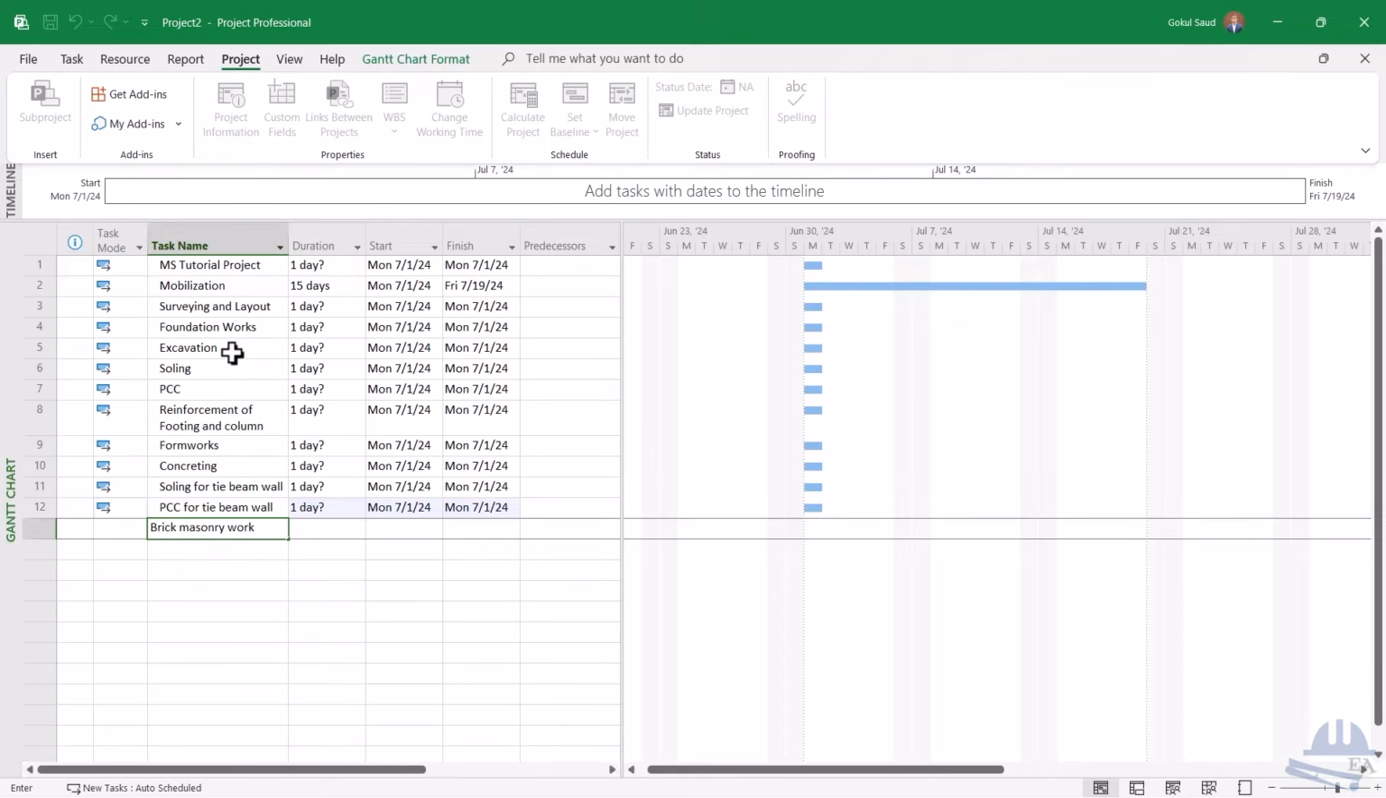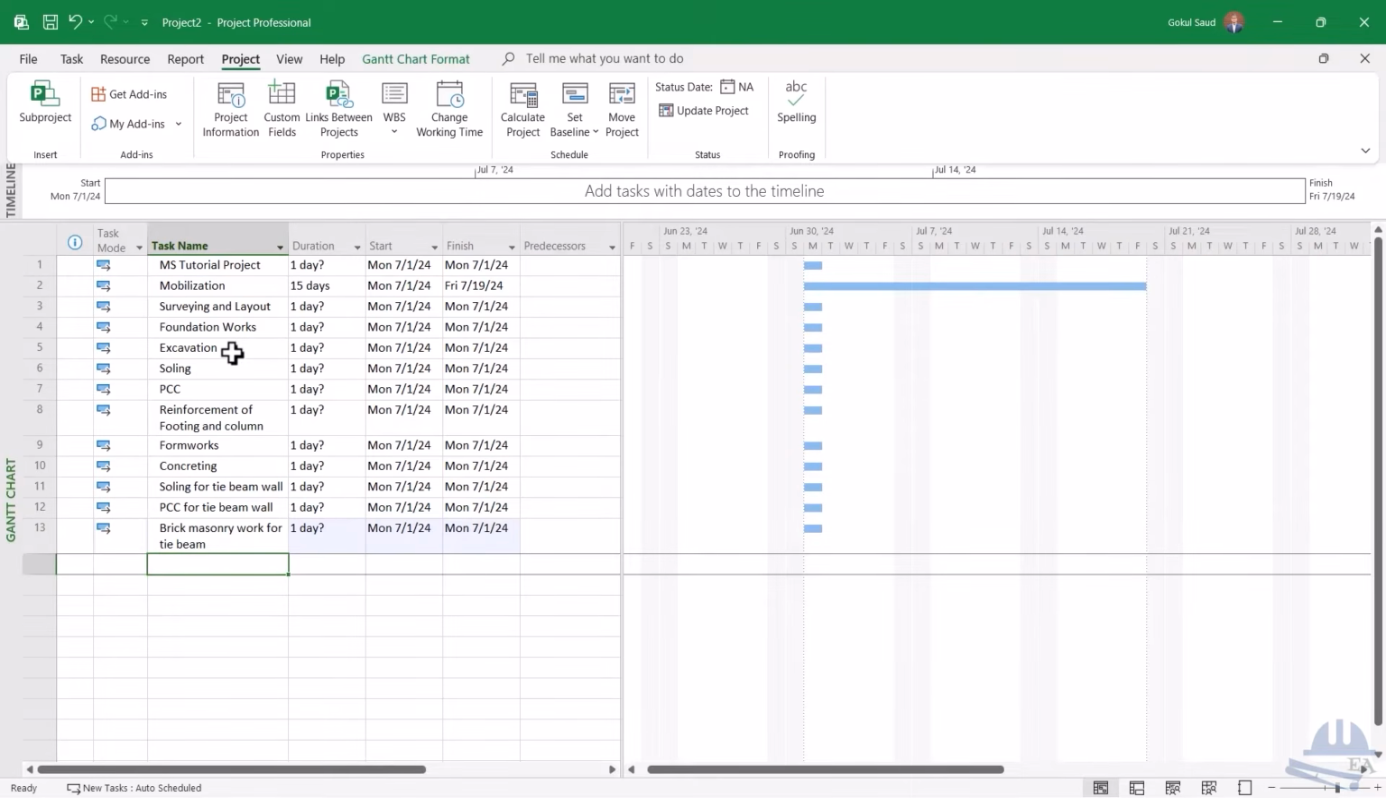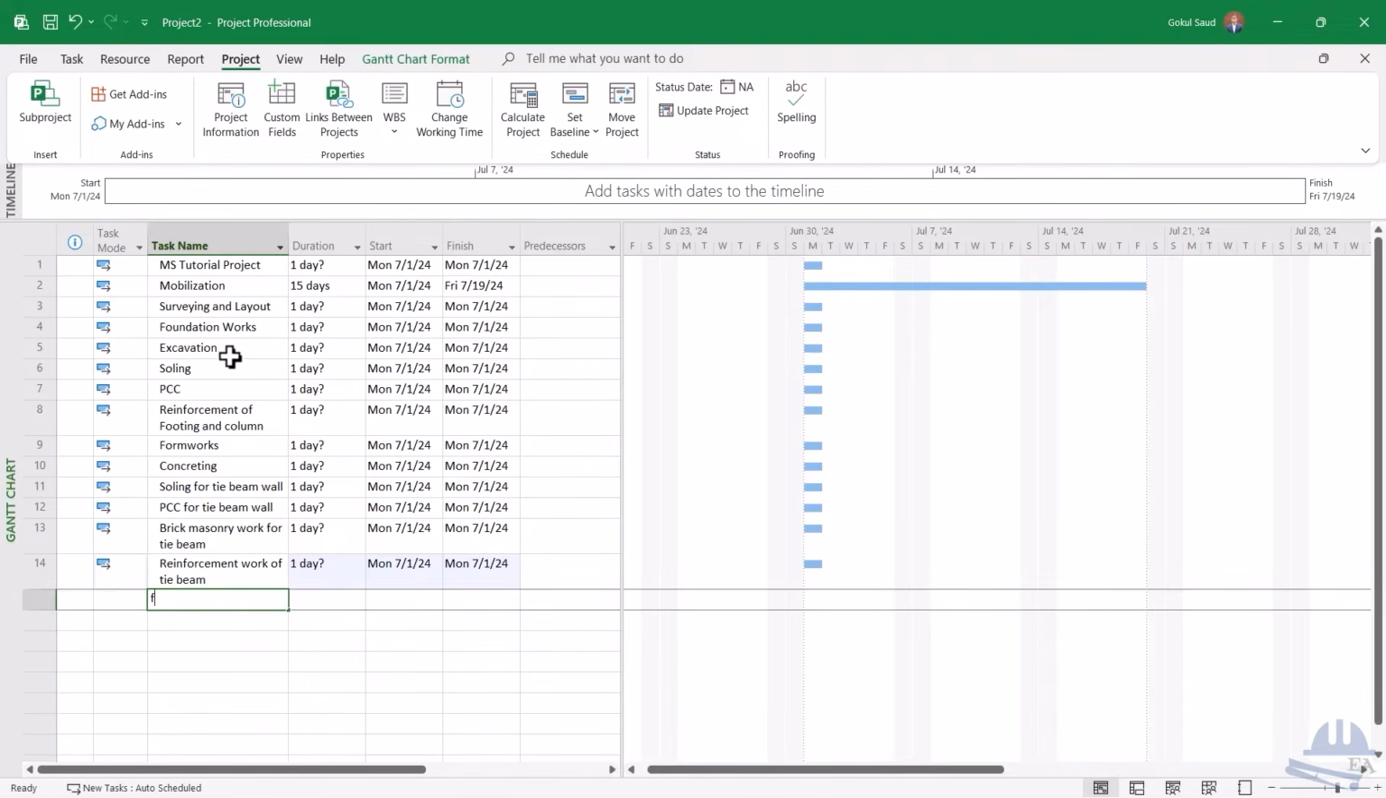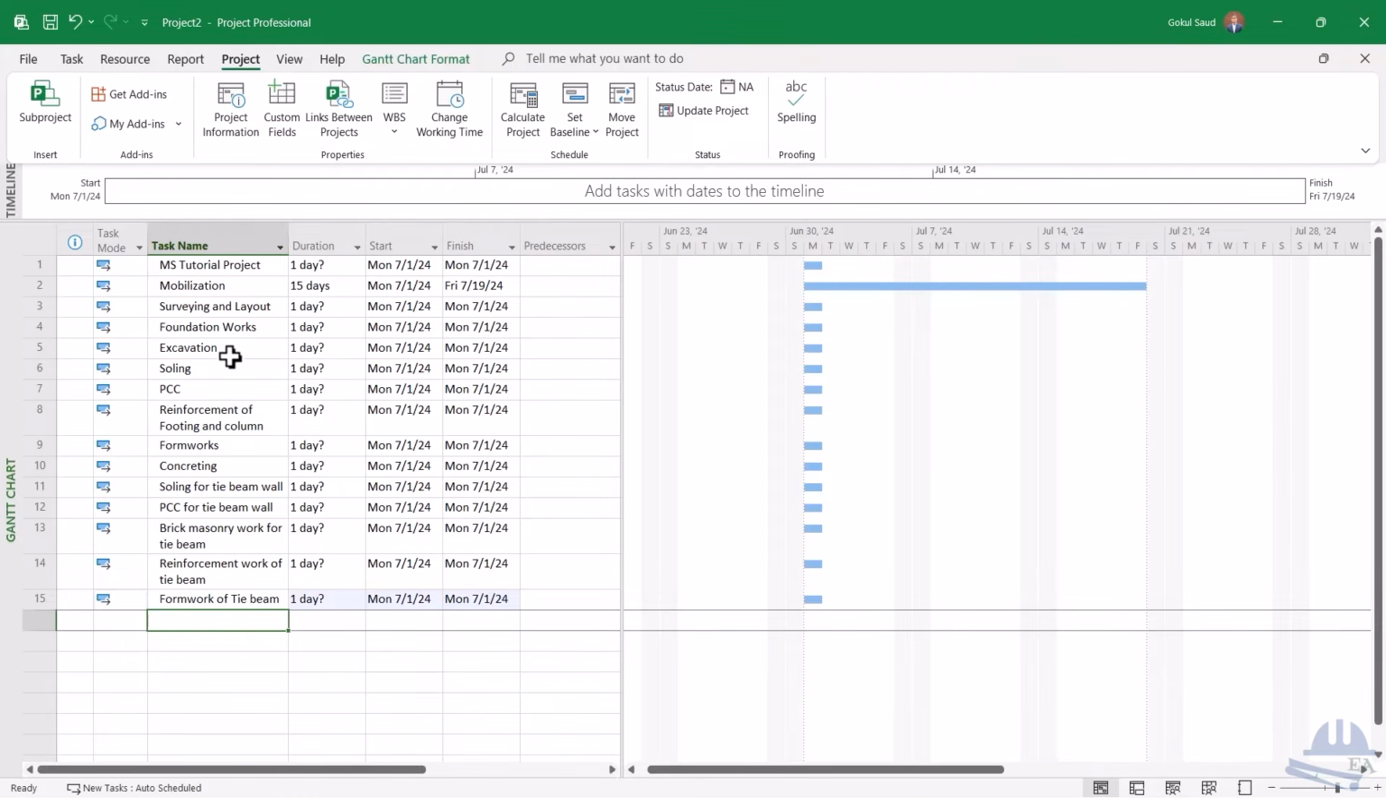work for tie beam. For tie beam, why am I writing it? Because brick masonry work generally refers to the brick masonry work of the floor. So this is not that one, this is a different one. And after that you put the reinforcement work of tie beam, and then you do the formwork of tie beam, and after that you do the concreting of tie beam,